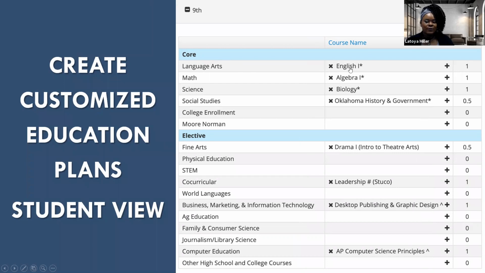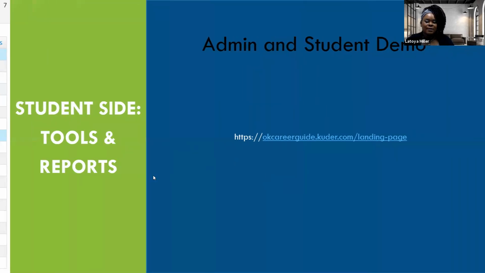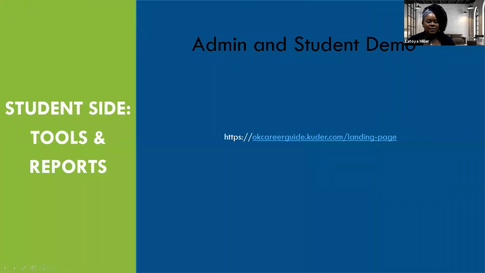All they do is go in there and they pick out the classes that are available to them. These can be customized. You can contact Cooter and they can help you customize according to what your actual district offers, if that's something that's of interest to you. But on the admin side,